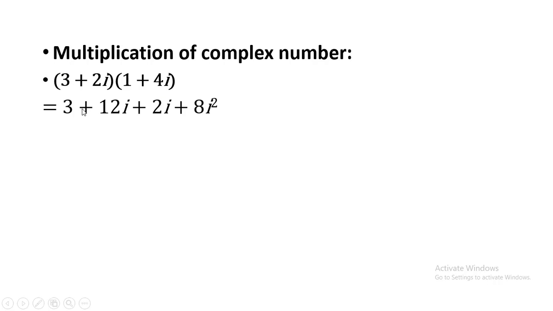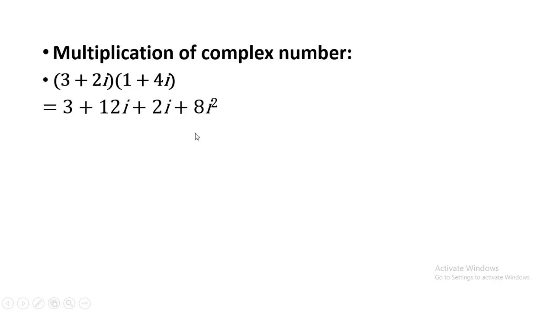so positive plus positive gives you what? Positive. Plus into plus is plus, 3 fours are 12 iota. Then see, the sign out here is positive, so plus, and the sign for this number is also positive. Plus into plus is plus. 2 iota into 1 gives you 2 iota, right? And plus into plus gives you plus, so 2 into 4 is 8, whereas iota into iota gives you iota